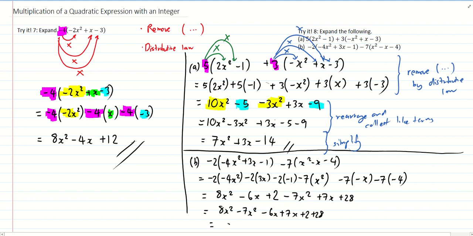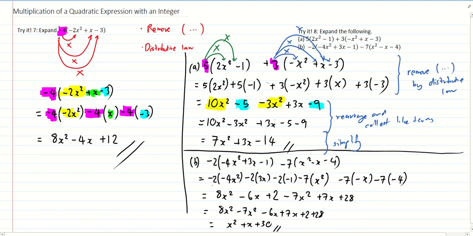8x squared minus 7x squared, I will get x squared. Minus 6x plus 7x, I will get plus x. And then plus 2 plus 28, I will get plus 30. And I'm done. So you realize that, yes, perhaps without the highlighter, it might look cleaner, but some of